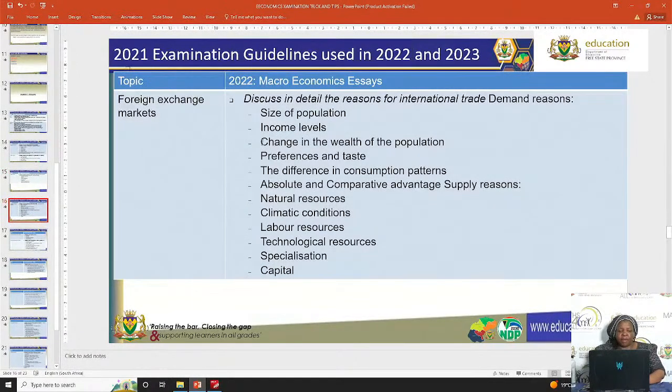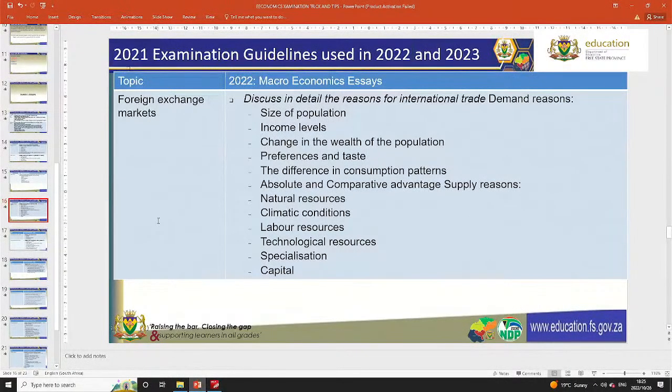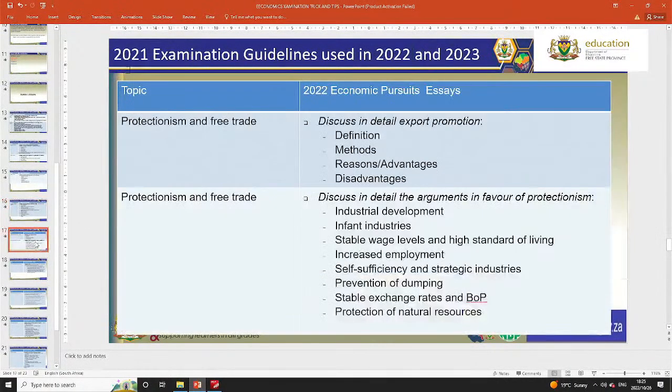Right, and then the foreign markets, you must be able to discuss in detail the reasons for international trade. You must be able to do the demand reasons as well as the supply reasons. Very important, don't forget your subheadings, because with your subheadings and your examples, already you have your 8 marks in your pocket before you even go further with your discussions. Now, when we look at protectionism, then you